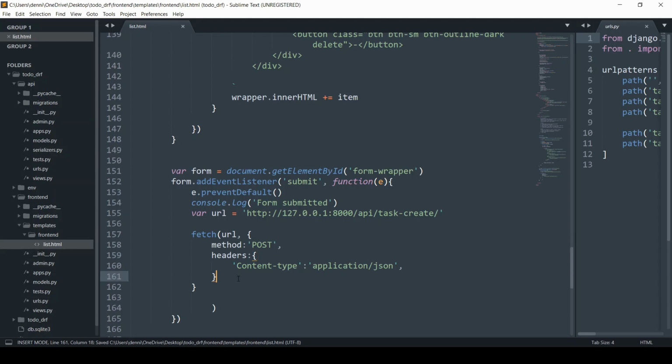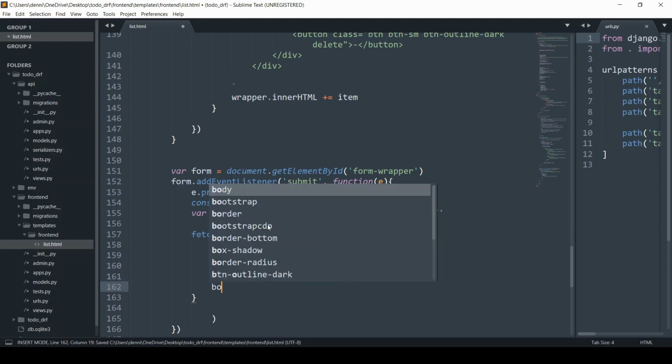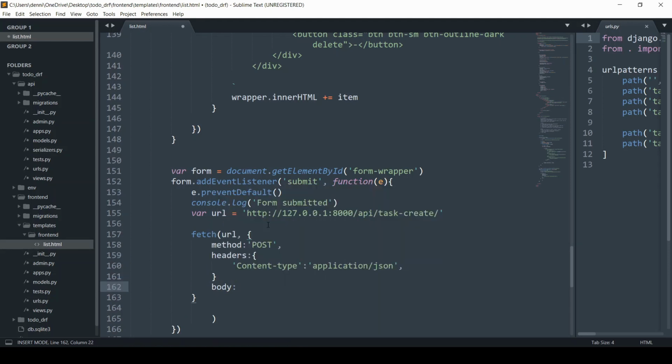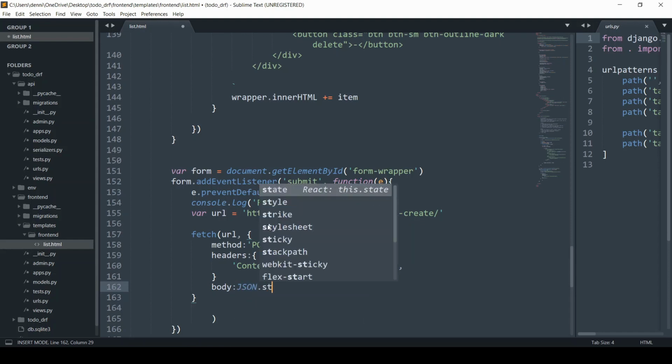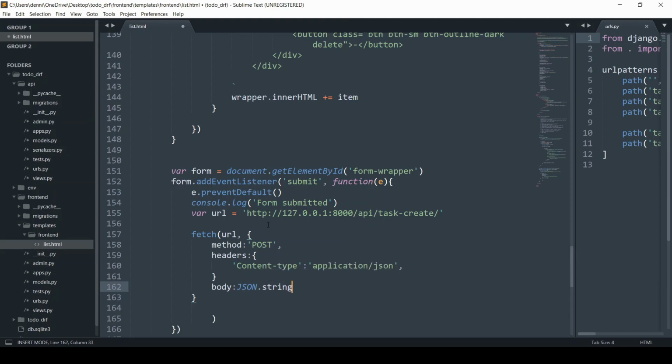So once we have that, we're also going to throw in the body. So what data do we want to send? And body is going to be that data stringified. So I'll just do JSON.stringify, and I'll explain what's going on here in a second. So we're going to stringify any data that we throw in here. What we're going to do now is throw in an object, and the attribute is going to be title, because that's what we're trying to send to the backend. And the title we're going to get, I'll throw in the variable here, but we'll grab it right here and we'll just say title is going to be equal to